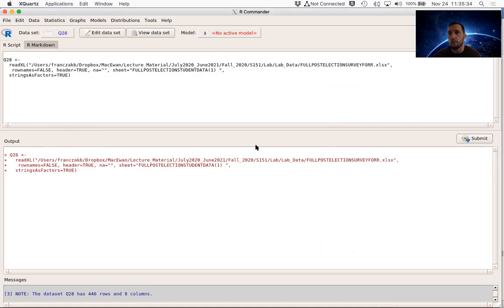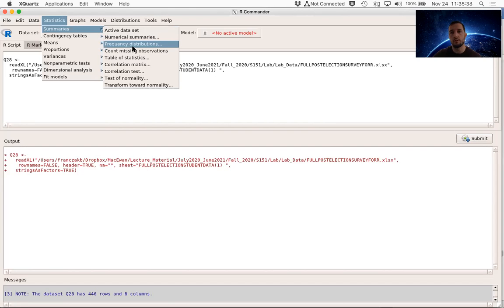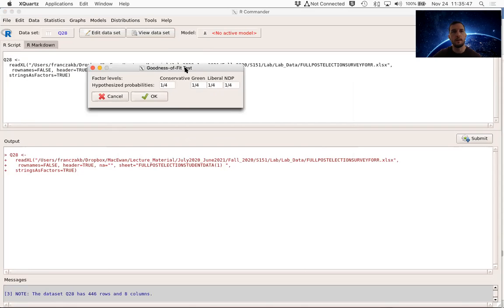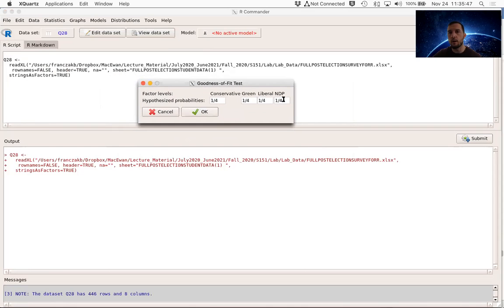So again, to run the goodness of fit test is statistics, summaries, frequency distributions. You select the variable, which is best plat for us, and then you click goodness of fit test. All right. Then it asks you what are the hypothesized probabilities for each of the different outcomes. So here we have